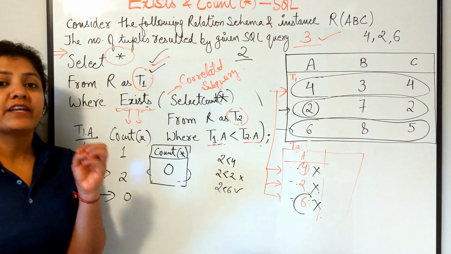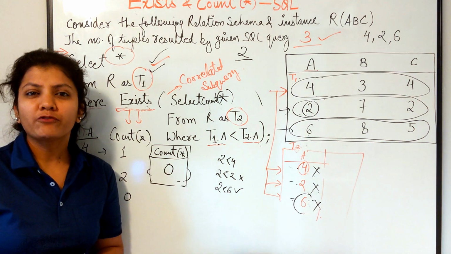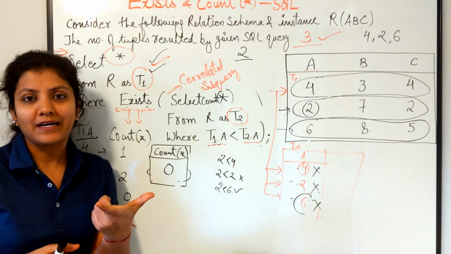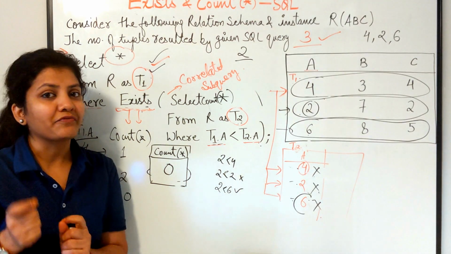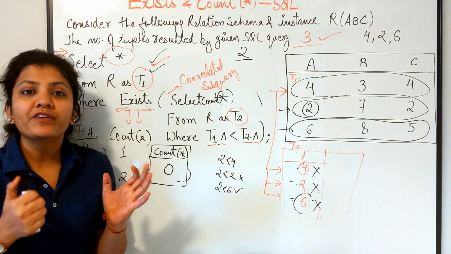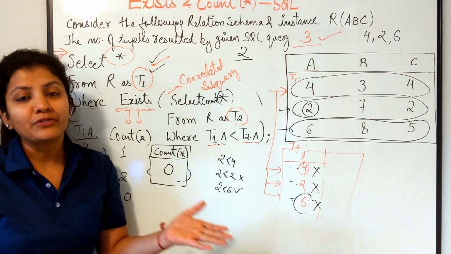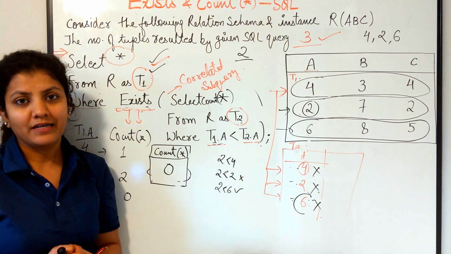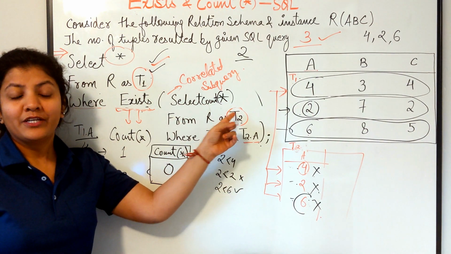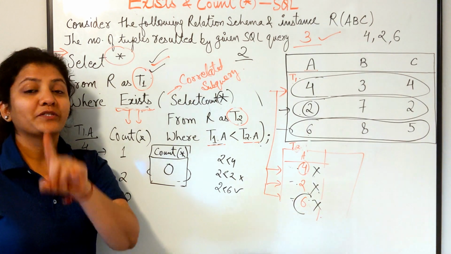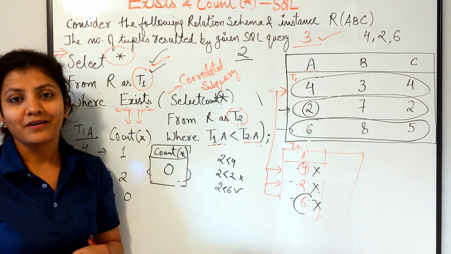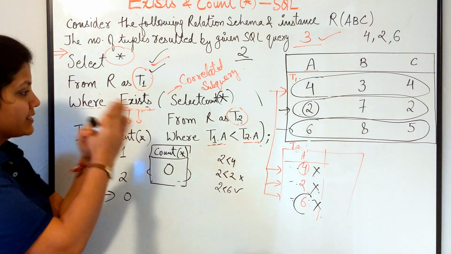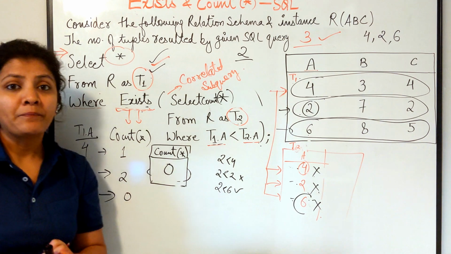So mind it, whenever you get a question in your exam, you have to be careful in terms of observation. Don't miss count star, because count star makes a big difference. I mean, it was a very obvious output that the answer should have been 2 tuples. For those who would have ignored this count star, you're correct in your logic, but you're wrong because you're missing something. Okay, because count star makes a big difference. Alright, so this is how this question was supposed to get done.